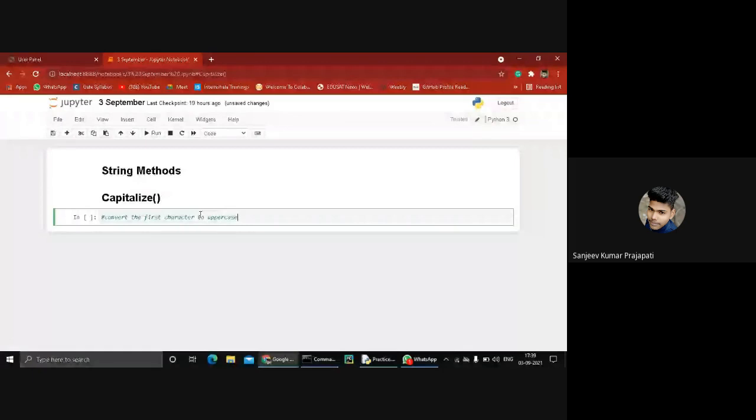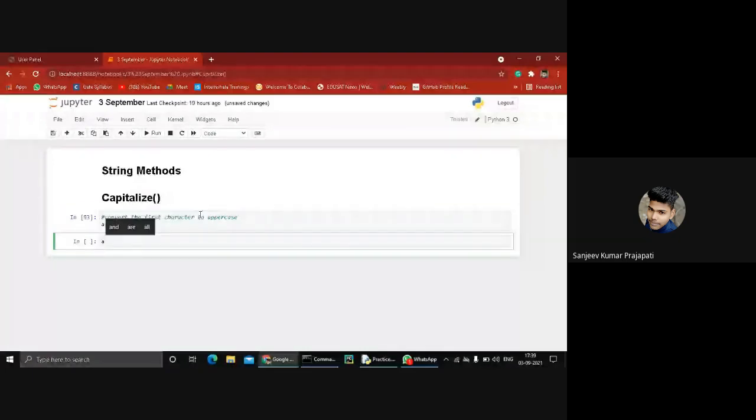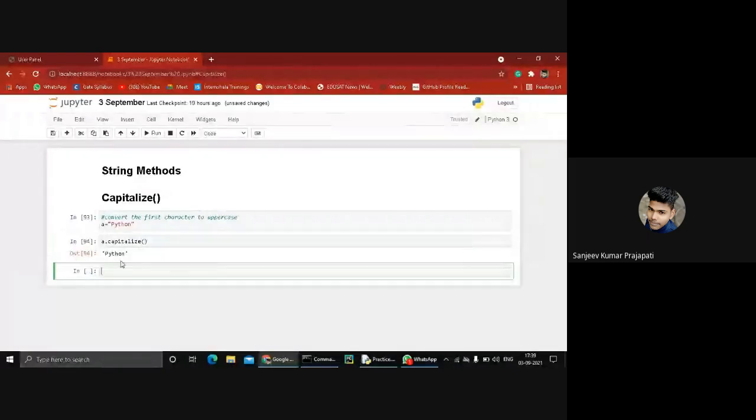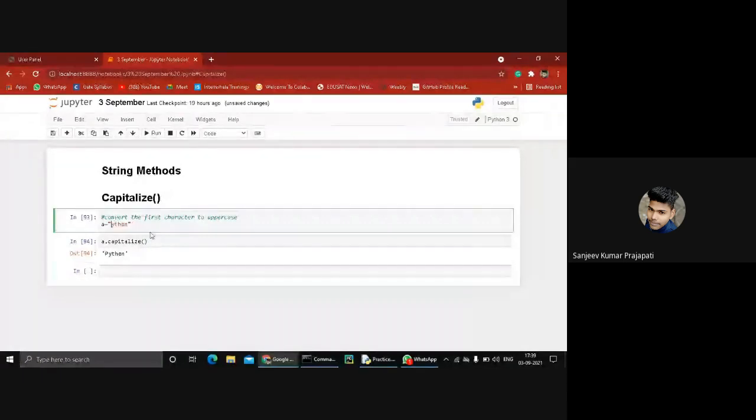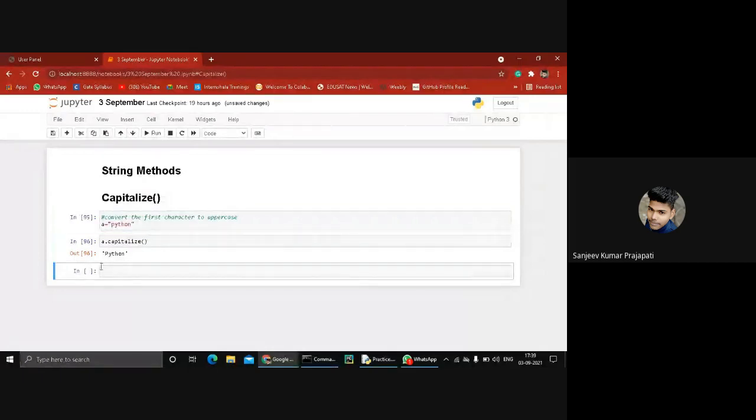Firstly we have to create a string like Python, and apply the capitalize method: a dot capitalize, and press shift enter. You see, sorry, I had already written it in lowercase. You see the first character of this entire string is printed in capital form. So the first letter is capital. So got it how the capitalize function works in string methods?